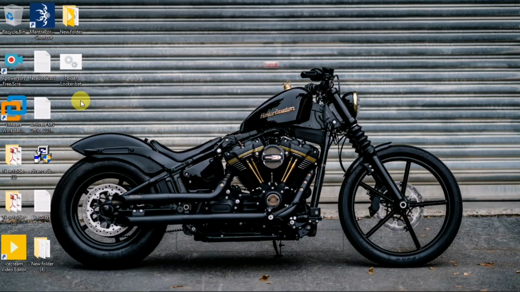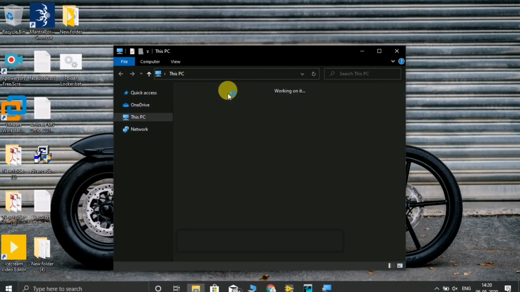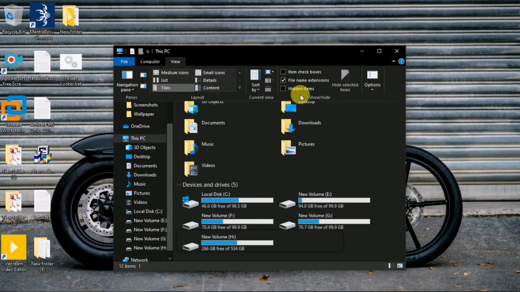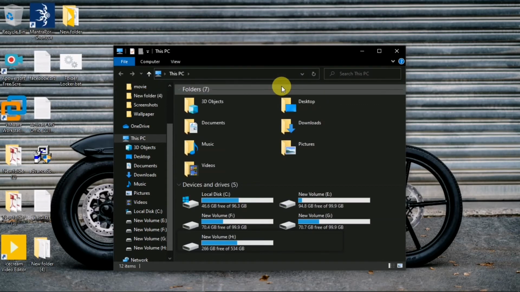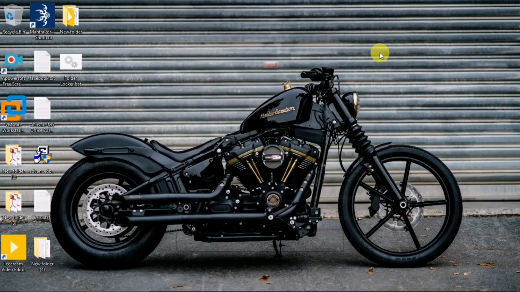If you think it's hidden, then you can go into This PC and tick the hidden items. It's totally disappeared. No one can see it.